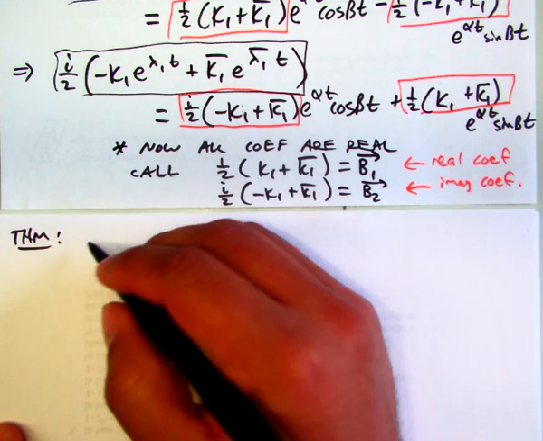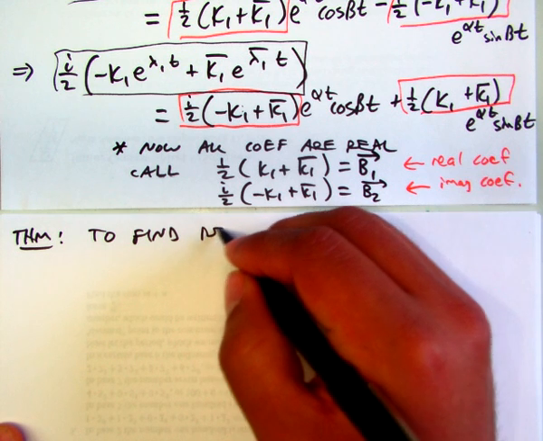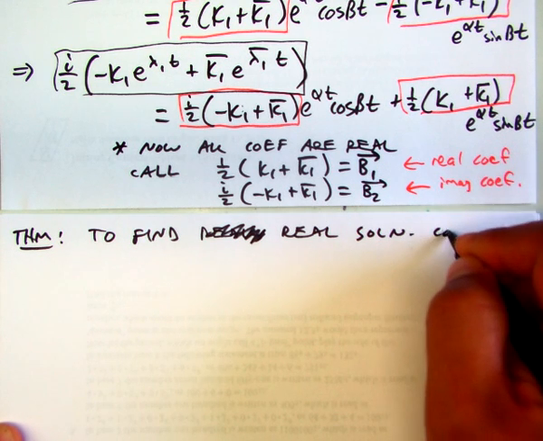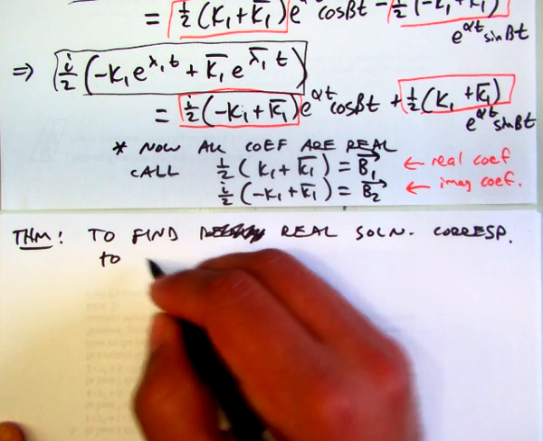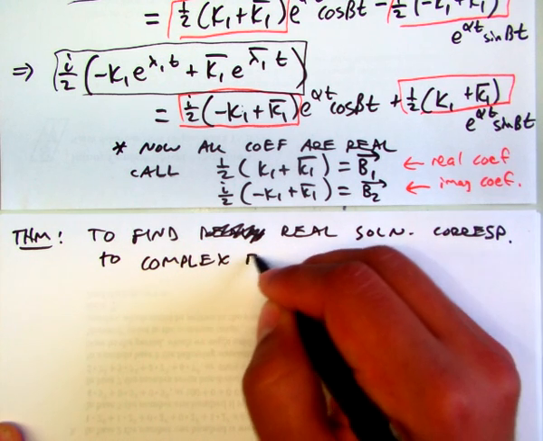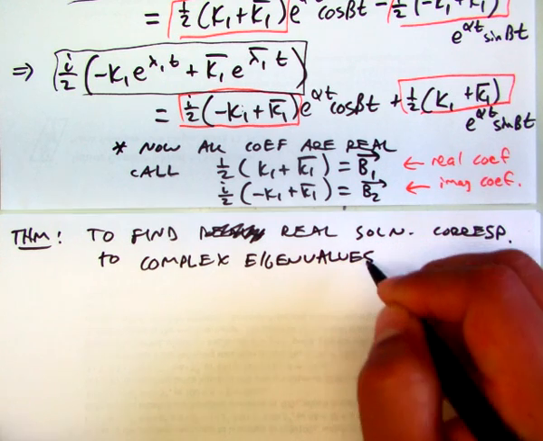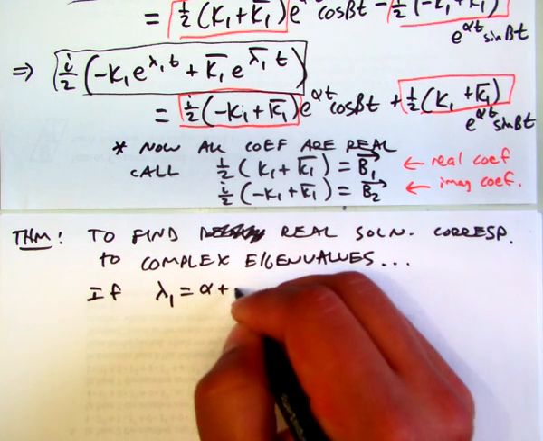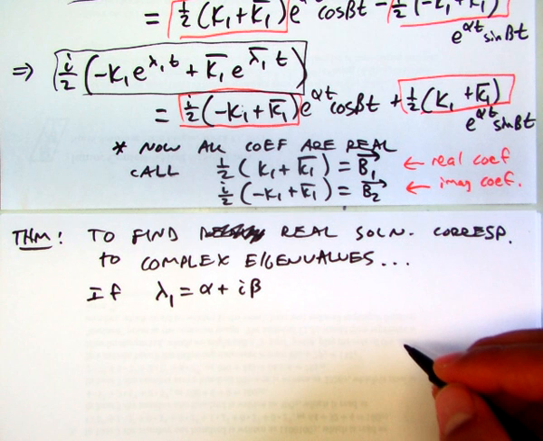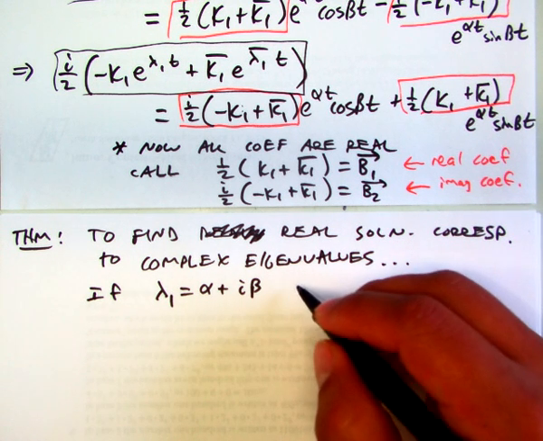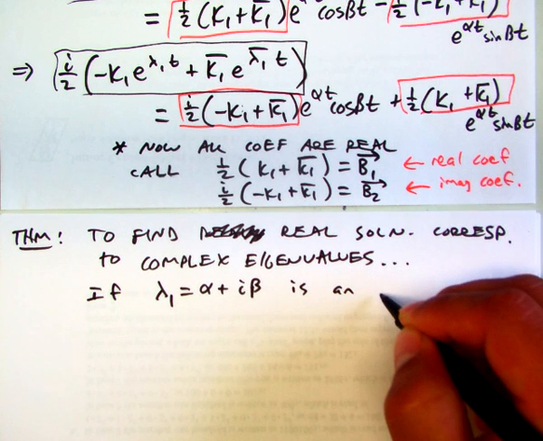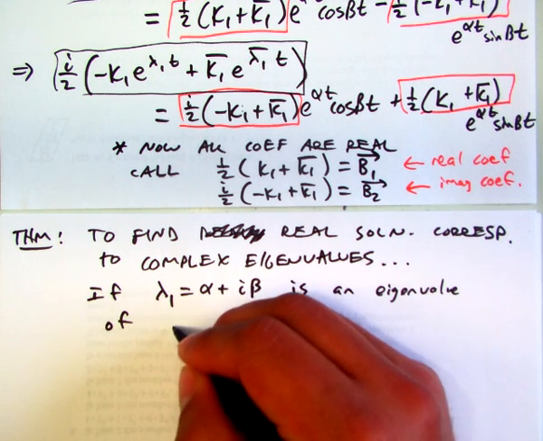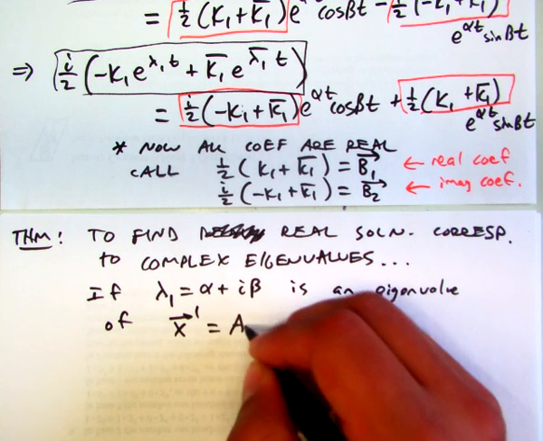To find real solutions corresponding to complex eigenvalues, if we have lambda 1 equal to alpha plus i times beta, and let's say that's an eigenvalue of the systems that we've been solving for the past few days, x prime equal to A times x,